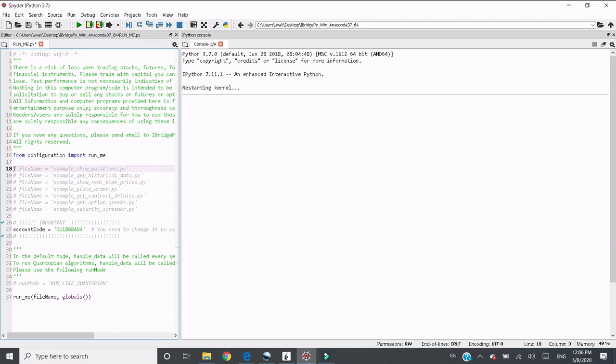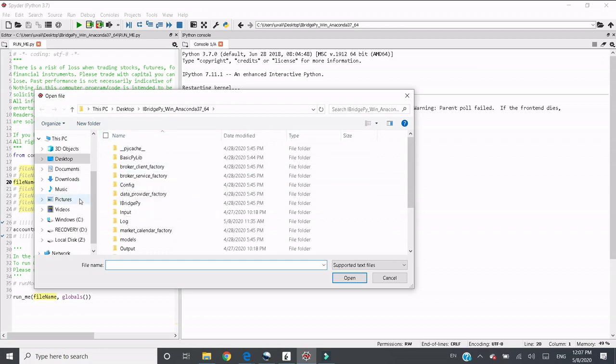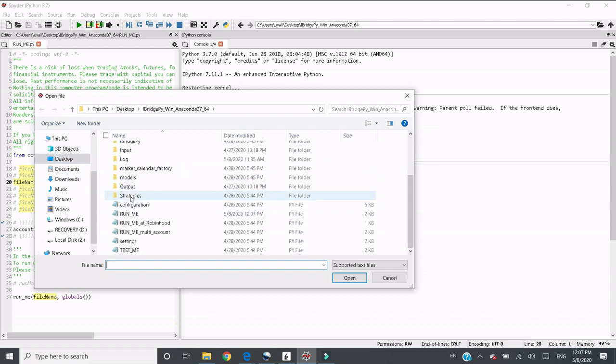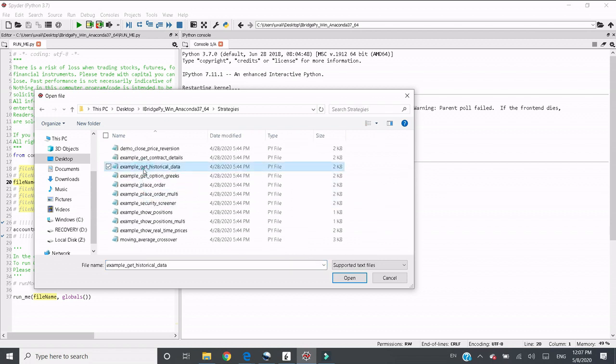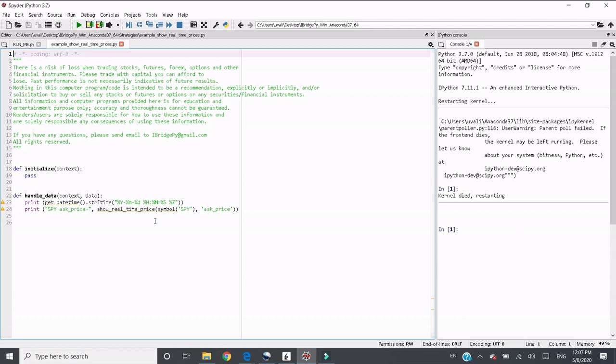First example I want to show is real-time prices. Let's open this file to take a look at what it looks like. Go to the IBridgePy folder, go to strategies, and then open historical data this way. Place order. Okay, let's just open one by one. Show real-time price. So if you check out here,